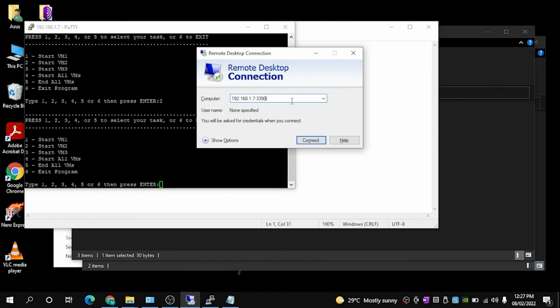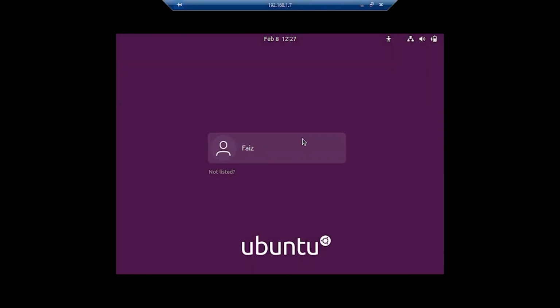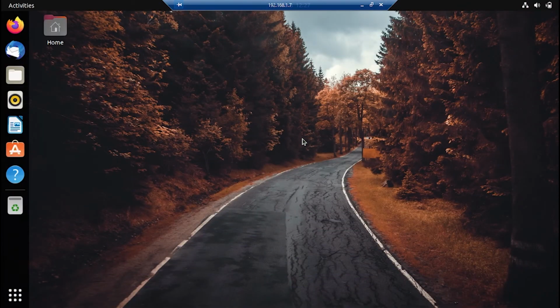To connect to the virtual machine on the client side, we use the remote desktop connection app. We enter the IP address and the port number of the virtual machine, and then enter the password of the virtual machine, and we are in the desktop of Ubuntu.